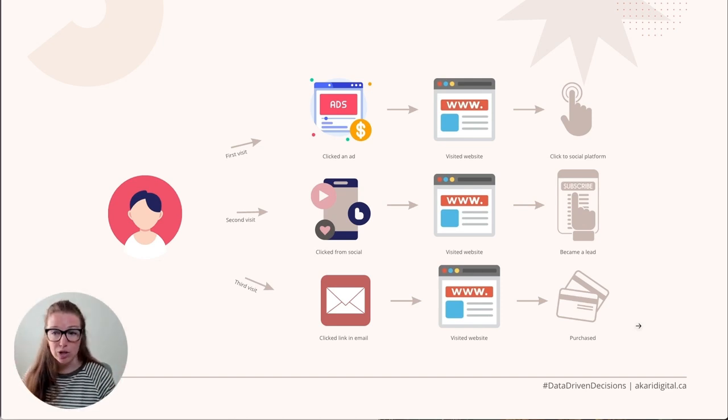Now, in this situation here, your ad played a very important role. It made that person first aware of your business, but your organic content also played a role. There was a freebie or a funnel that they opted into and got a couple emails, and obviously they visited your website all 3 times and probably different pages each time. There were a lot of things that played into this purchase coming through.